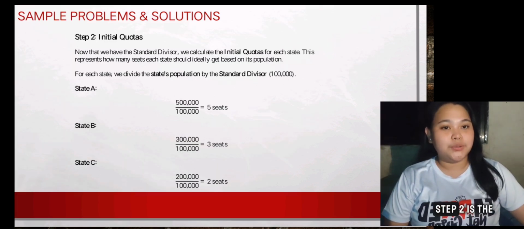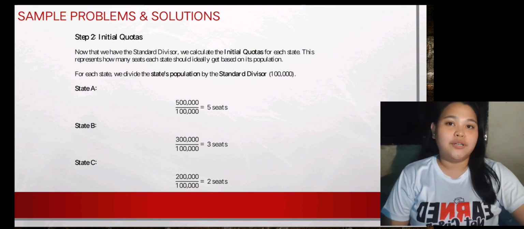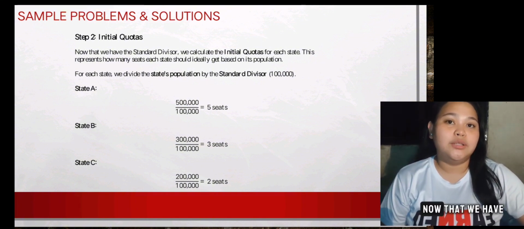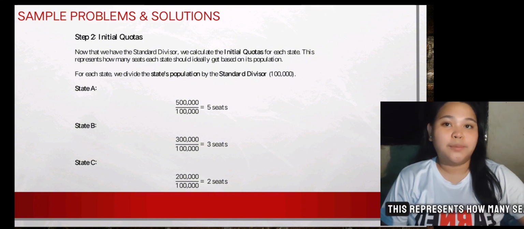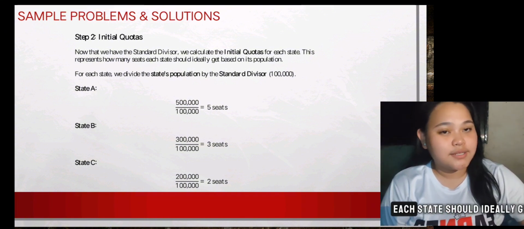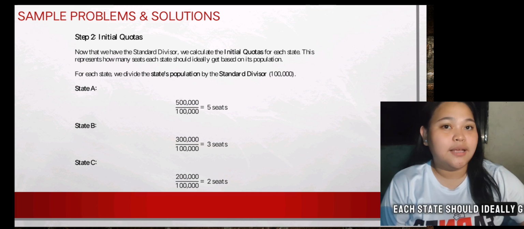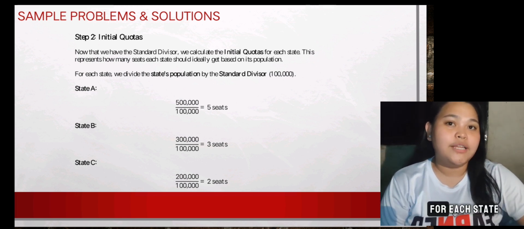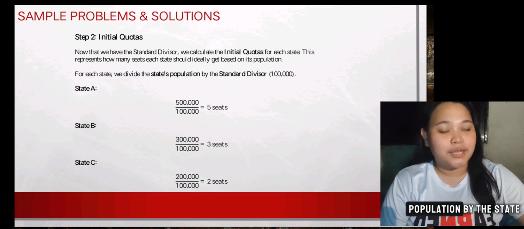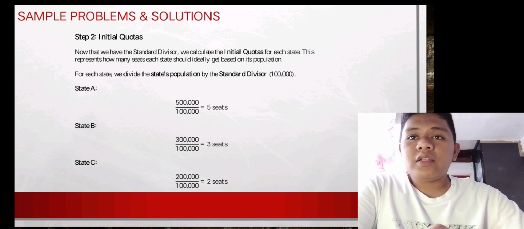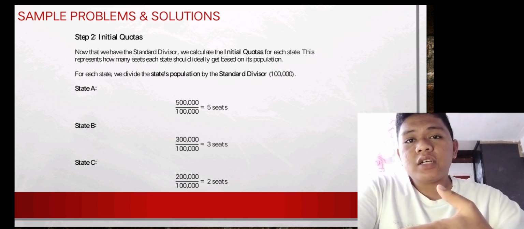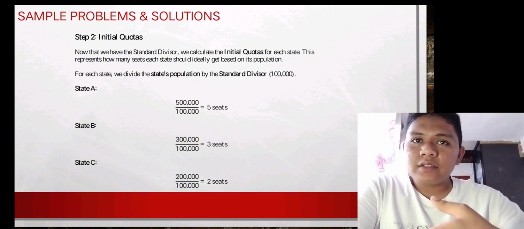And now step 2 is the initial quotas. Now that we have the standard divisor, we calculate the initial quotas for each state. This represents how many seats each state should ideally get based on its population. For each state, we divide the state's population by the standard divisor